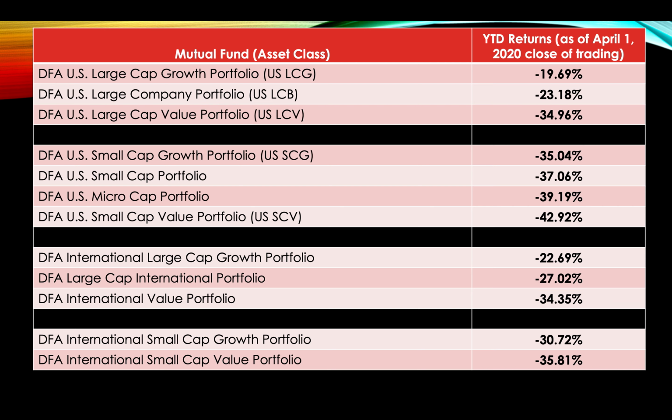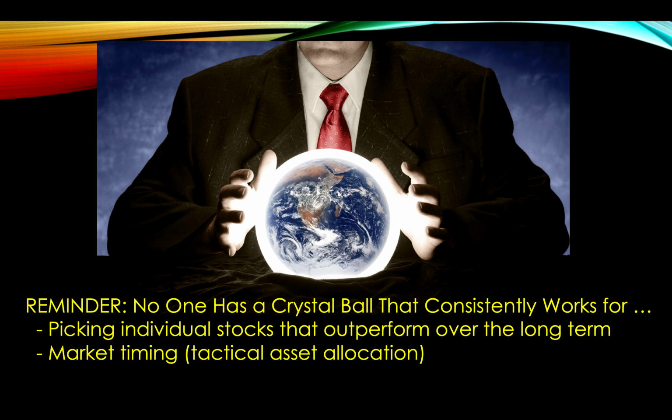Yeah, and even if they got those loans, their revenues may not be sufficient in the future to support repaying those loans in some cases. So small companies, smaller companies, small businesses generally, weren't treated very nicely as a result of this stimulus package. Hopefully, they'll have another stimulus package and that will change. But we're going to see a lot of small businesses go under this, and the smaller the business, the more likely it will be to go under. Remember, nobody has a crystal ball that consistently works for picking individual stocks or for trying to time the market.